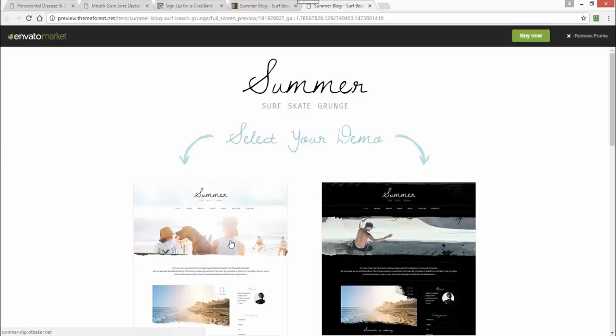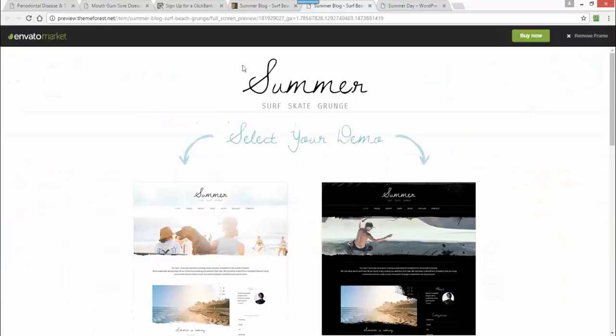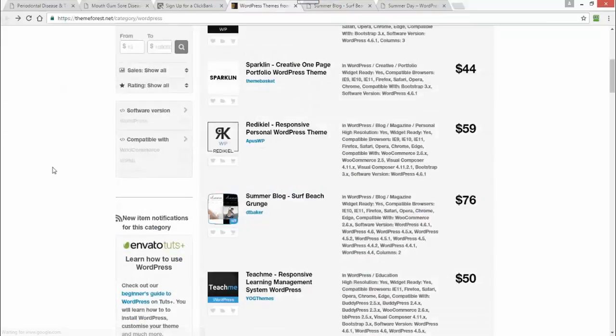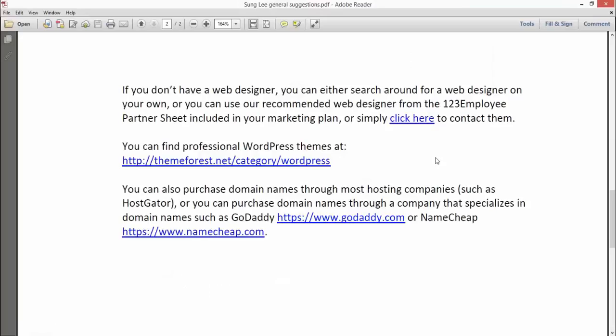Looks like this one has two different demos, so let's look at this one here. So this is what this one looks like. But basically, you can browse around here and see if you can find something that would be a good theme to use for your main site, the authority site, I should say. You can also purchase domain names through most hosting companies such as HostGator, or you can purchase domain names through a company that specializes in domain names such as GoDaddy or Namecheap. All right,